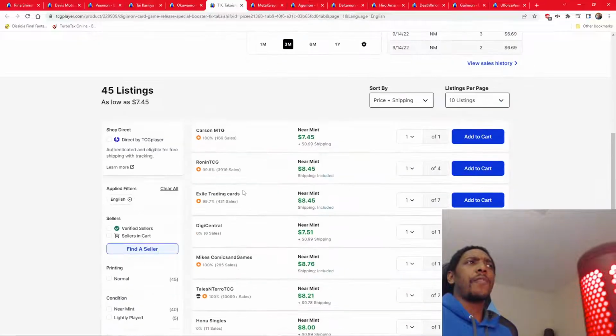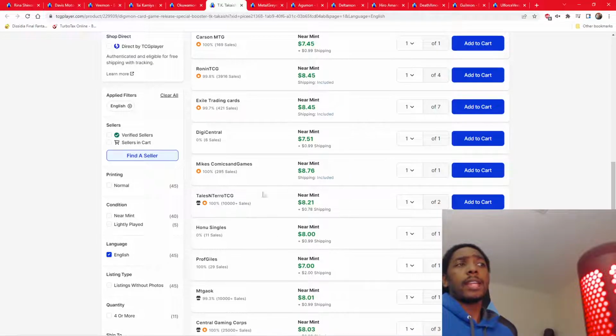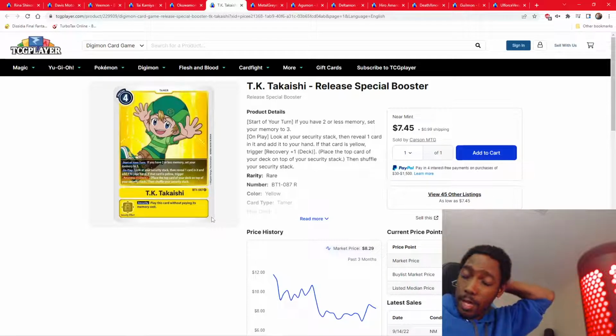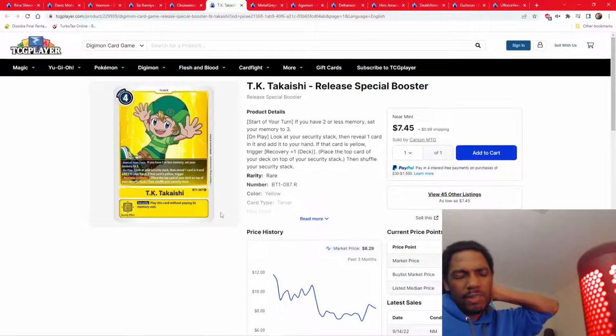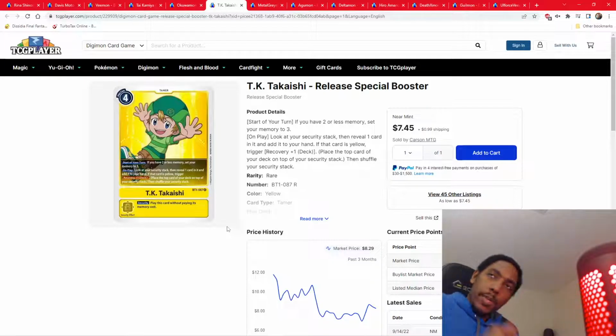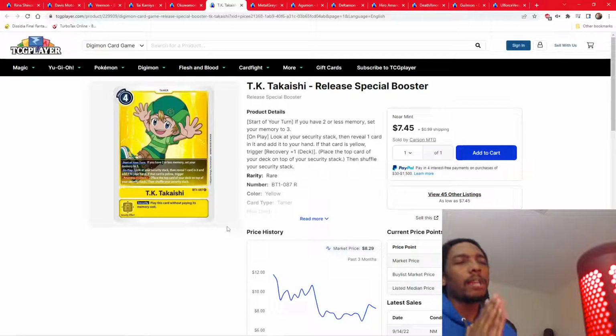TK is falling hard. TK is sitting at about $8 to $9. If you want to pick up yellow, this is probably the best time for you to pick up yellow, if you do not have Sunrise Blasters. Sunrise Blasters right now are like 10 cents. People are really hyping this Digicross stuff. If Digicross really does become that meta deck that a lot of people are hyping up,